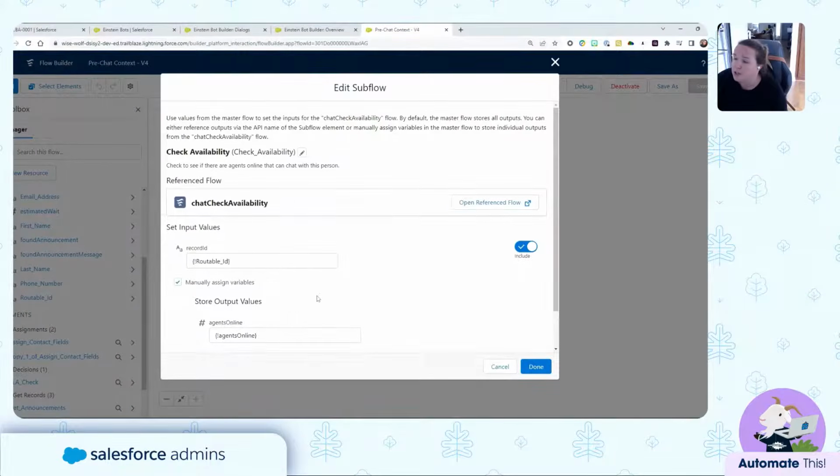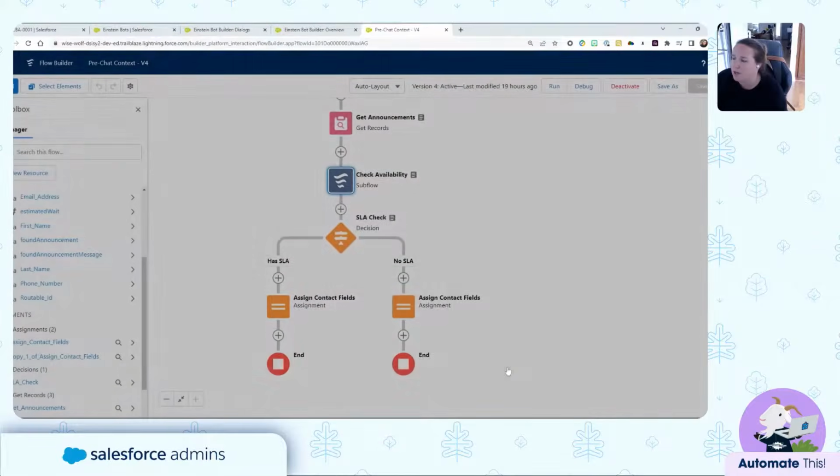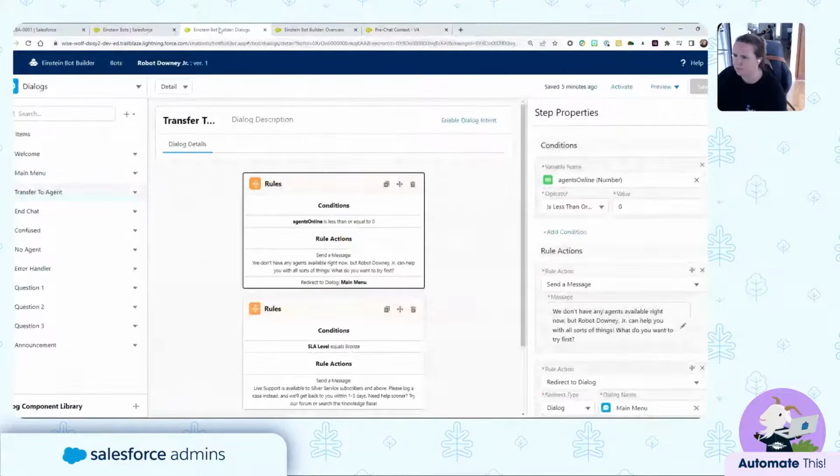So I'm going to close that down. You can see that I'm storing those output values in my original flow, same names, agents online, estimated wait time. And of course, those are output variables. So back in the bot, if someone calls this transferred to agent variable, which could happen if they click on a menu item or they say something in the chat like, I want to talk to a human, and Einstein picks up on that and starts this variable, I can run a check that just says, is my agents online variable